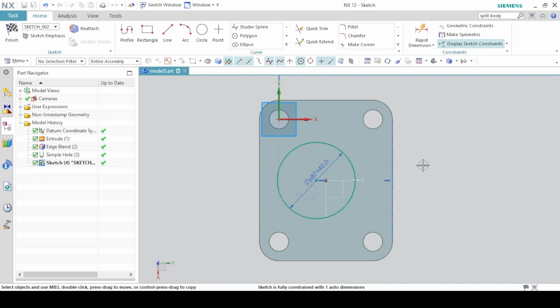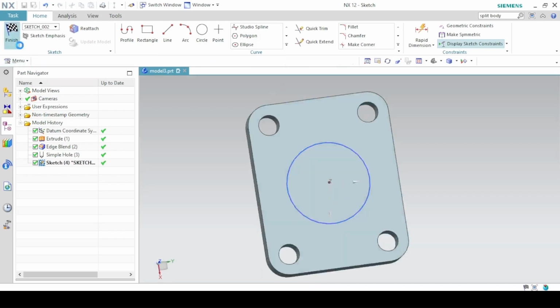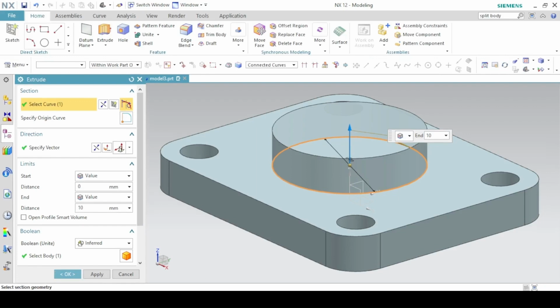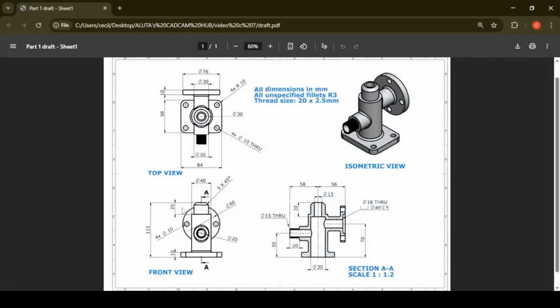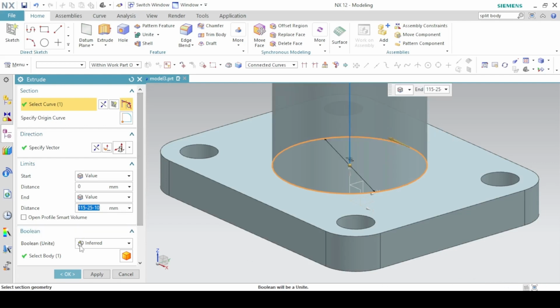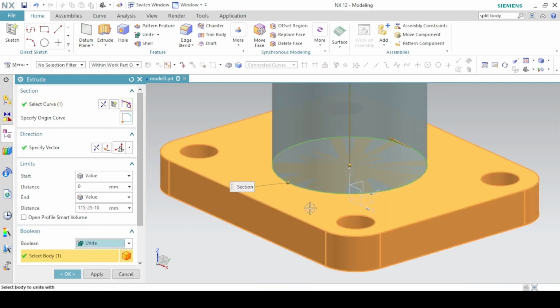So horizontal alignment. Again, locate the center and the center of this horizontal line. It should be on the same vertical line, so vertical alignment. Sketch is fully constrained. Finish. I'm going to extrude upwards, but there is no fixed height on this cylinder, so that will be the 115, which is the full length of the pipe component, minus 25 minus 10. Set the boolean to unite, apply,